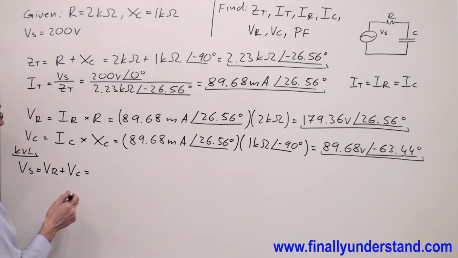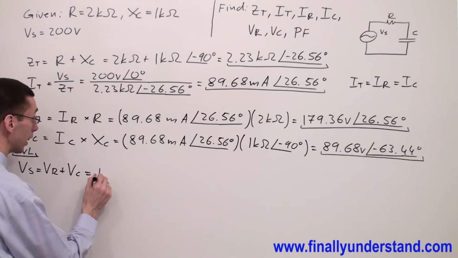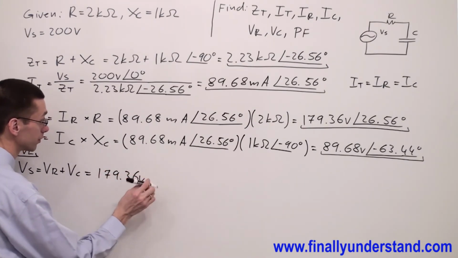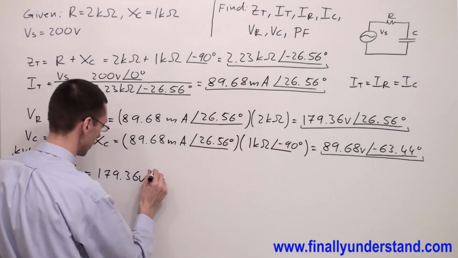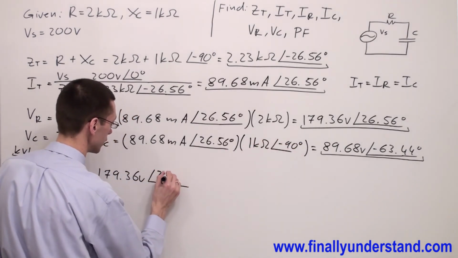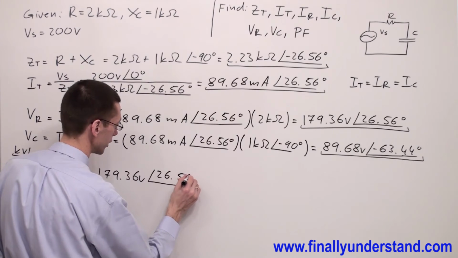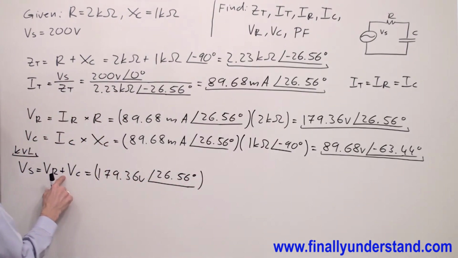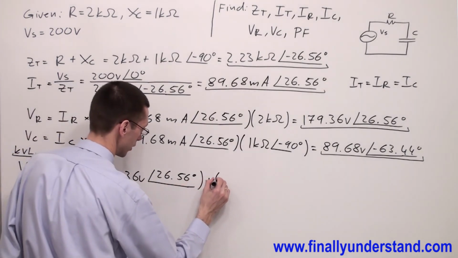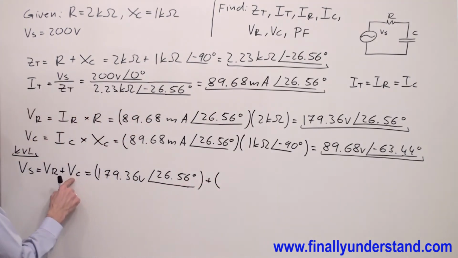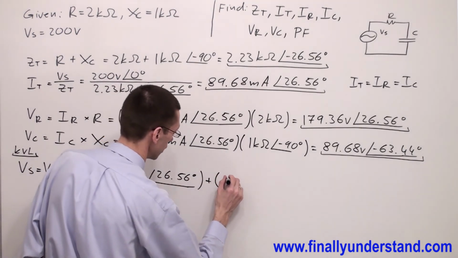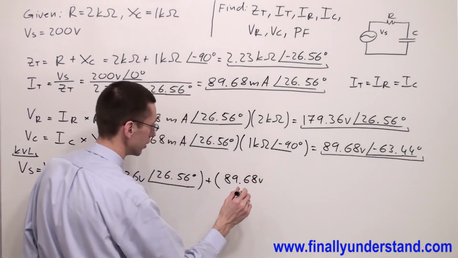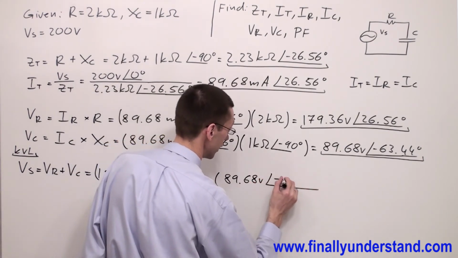So the voltage across the resistor is 179.36 volts and angle of 26.56 degrees, plus the voltage across the capacitor, which is equal to 89.68 volts and angle of negative